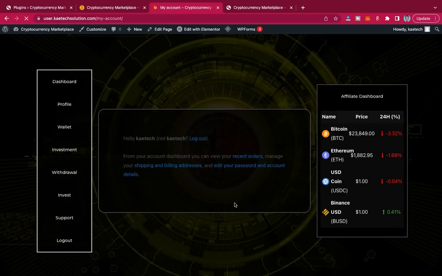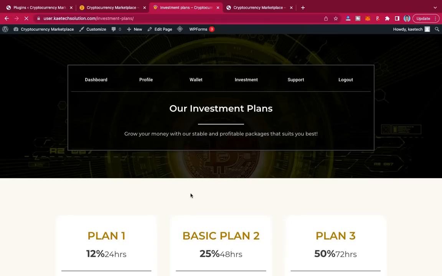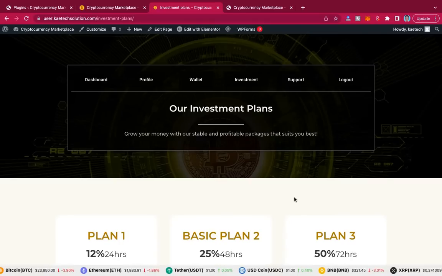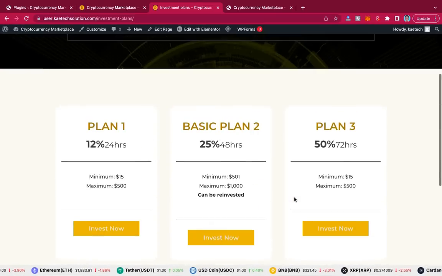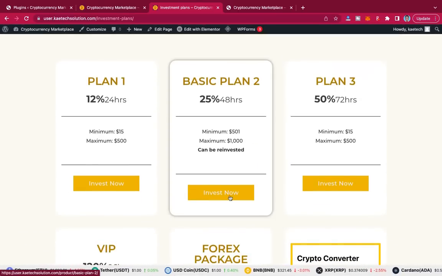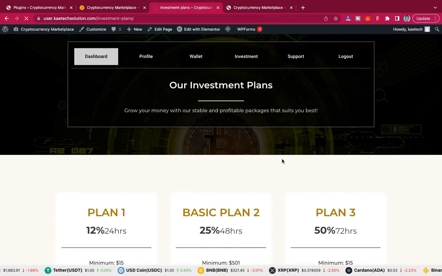and then users can also click over here to invest in some of our plans or cryptocurrency or investment plans that we have on the website. So these are some of the investment plans over here, the packages that we have. Users can click on it to invest. Okay, let's go to the dashboard,